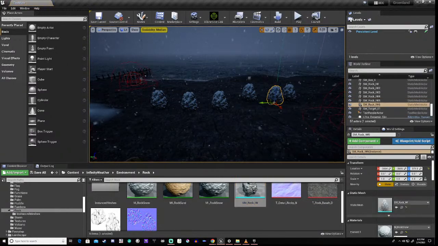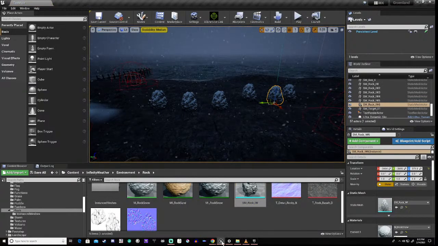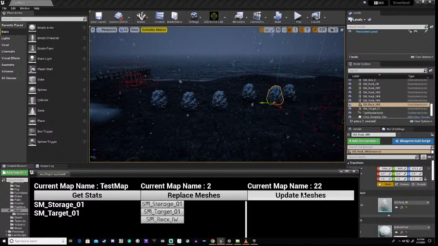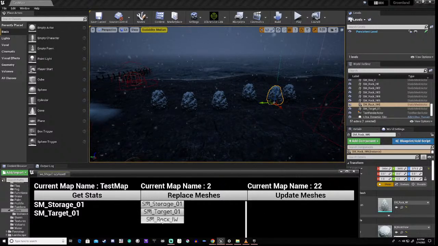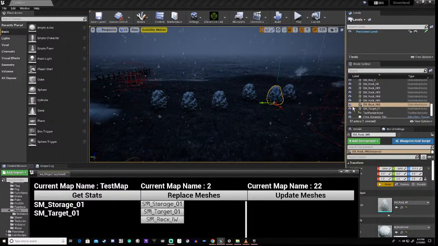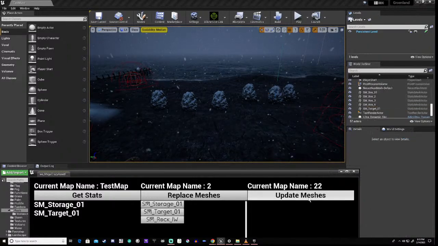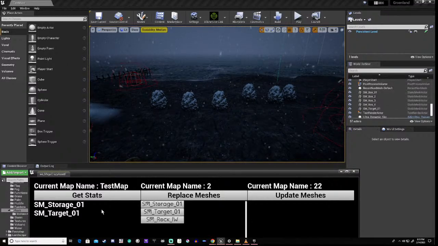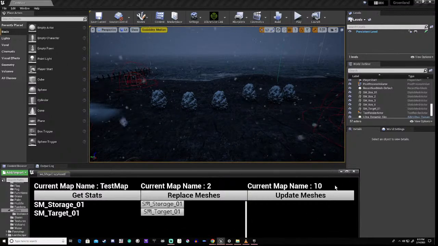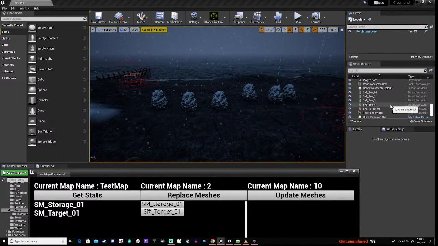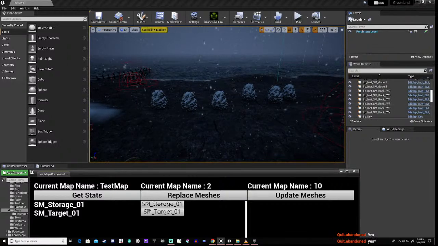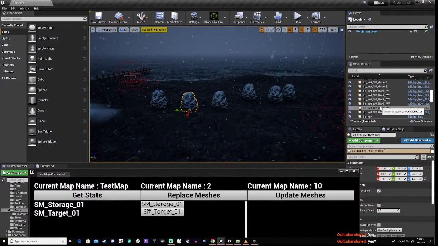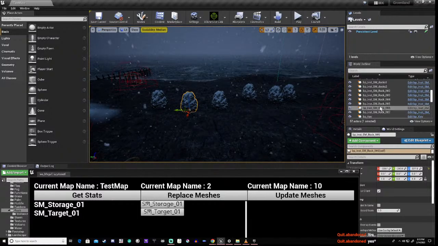So if we do that, okay? Come in here, get stats. You'll notice this is up to 22. We've got this SW rock thing, right? And if we hit update meshes, blam. Right? If we get stats, we're down to 10 again. Right? You'll notice if I click on this, it's not a static mesh anymore. There you go. How's about that?